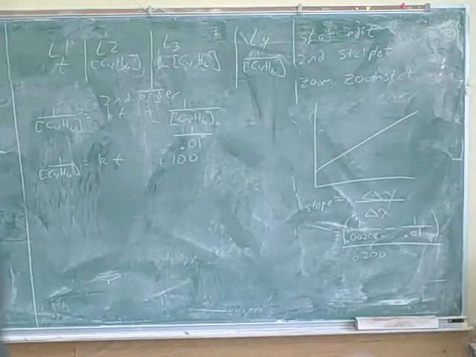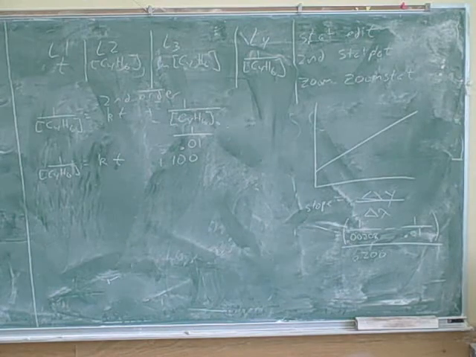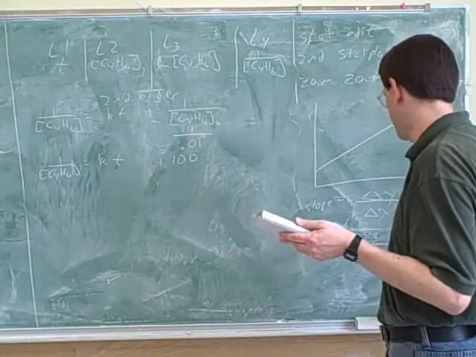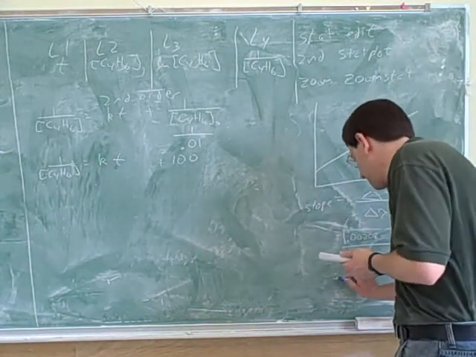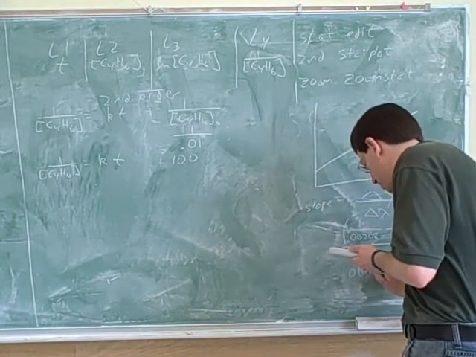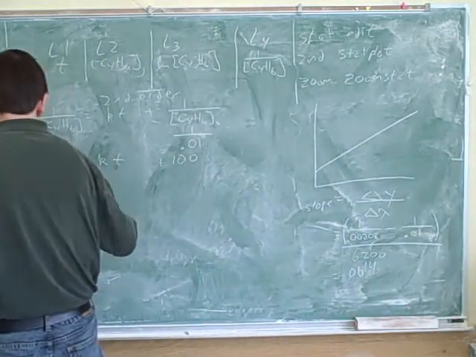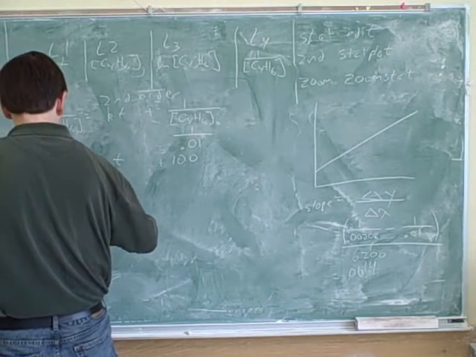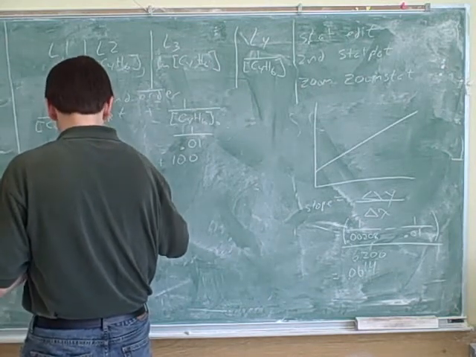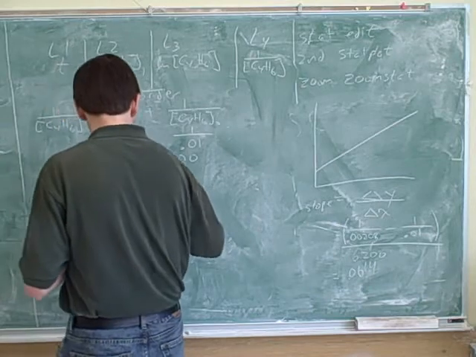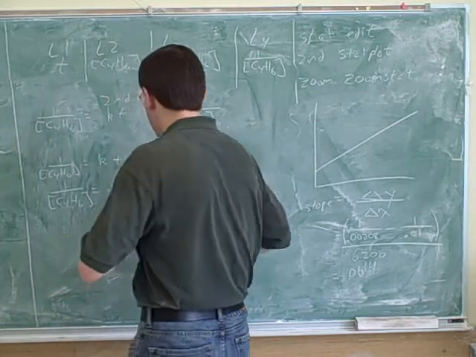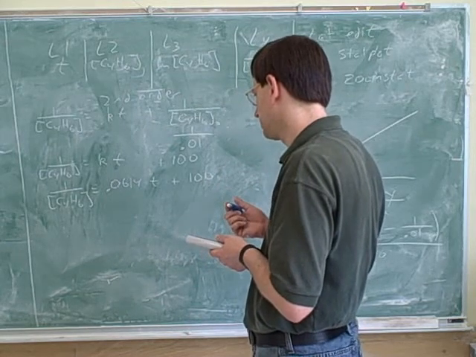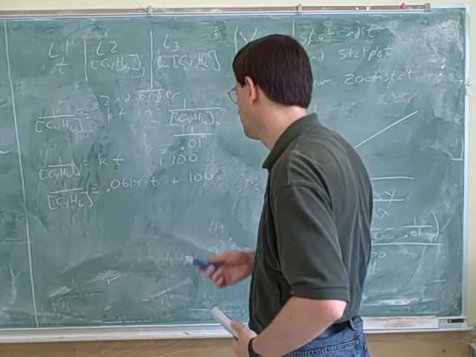So in this case, would K be molarity over seconds? Oh, that's good. Let me catch up to you, but that's a good thing to think about. So we got here that the slope was 0.0614. So this gives us 1 over C4H6 equals 0.0614 times t. All right, what did you think the units were? Molarity over seconds, because you have the molarity and